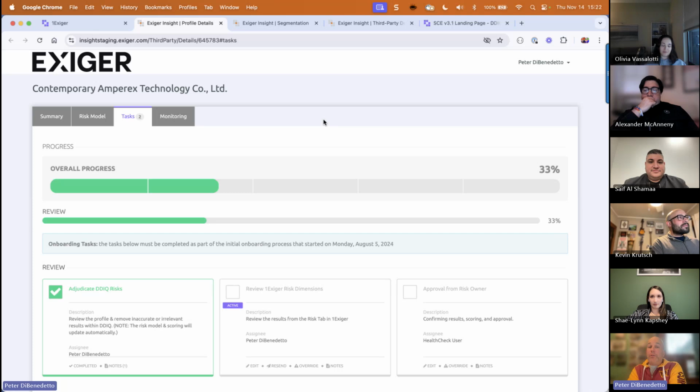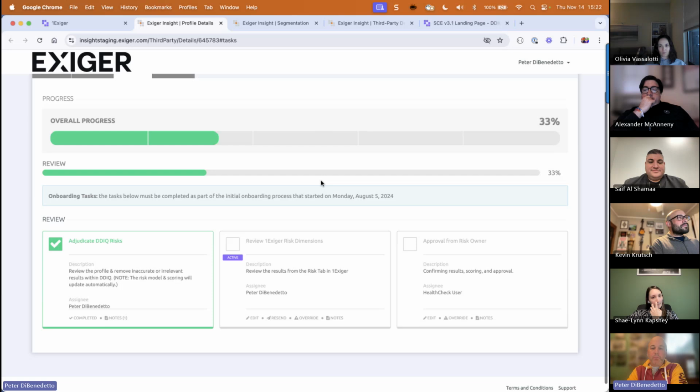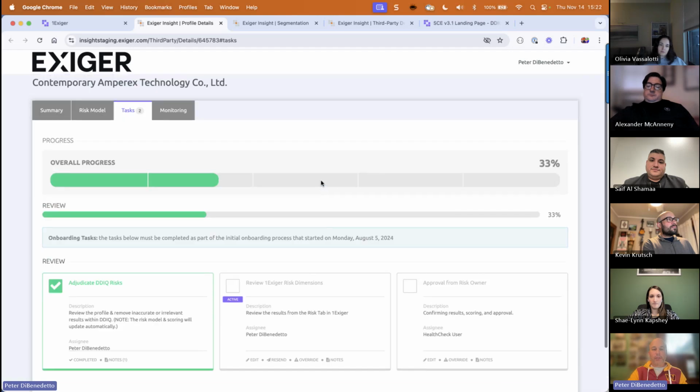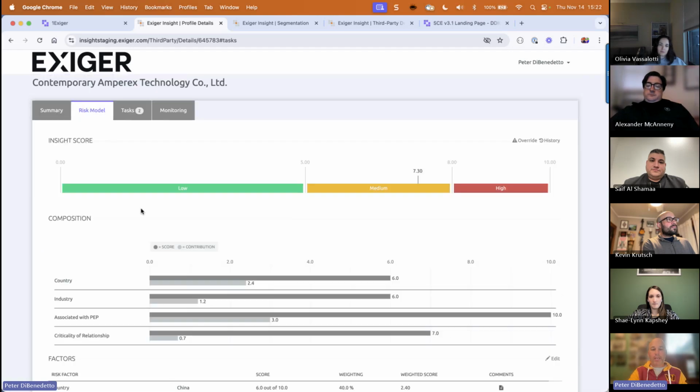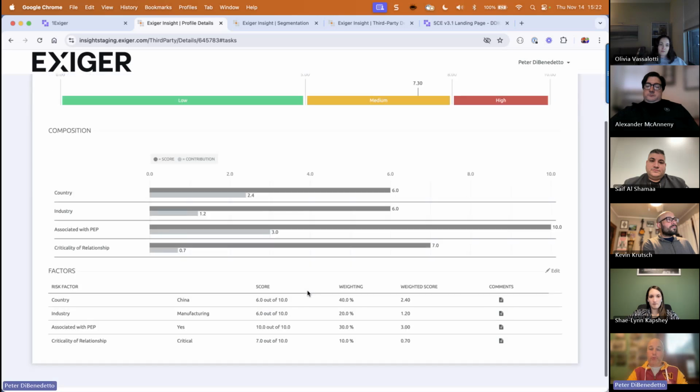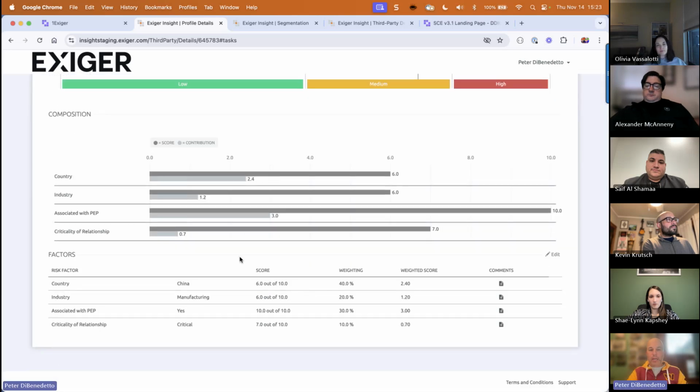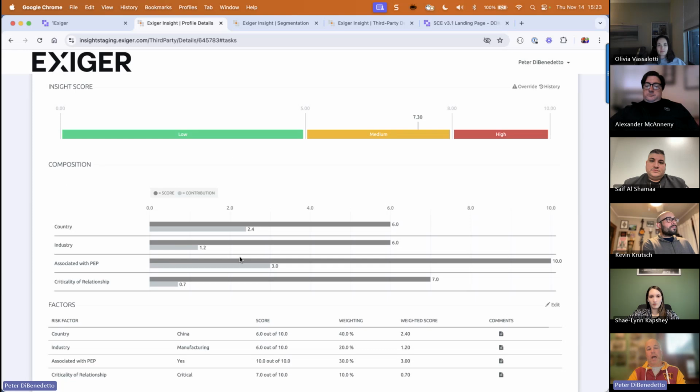So part of onboarding is full workflow capabilities through contemporary Amprex technology. What's important about that is, if you think about how you do onboarding now, you may have Excel spreadsheets and different forms that allow you to capture this information. These workflows are fully configurable, so each of you will have a different workflow targeted to your different business units. What is unique about this as well is that, based on the information captured, either through the questionnaire or through the DDIQ screening, the risk screening, this will drive the risk score so that you